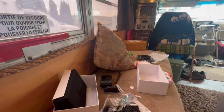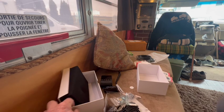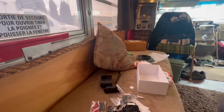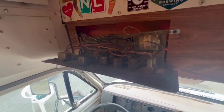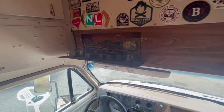Well, I have not a clue how to do this, so we have Wayne here, and he's got two in his van, so I think he's got experience. Well, I know he's got experience. We've already mapped out where we're going to be putting all the lines and stuff like that, so we're just trying to figure out if we can run power off of the remnants of the old bus stuff that's up here. So yeah,